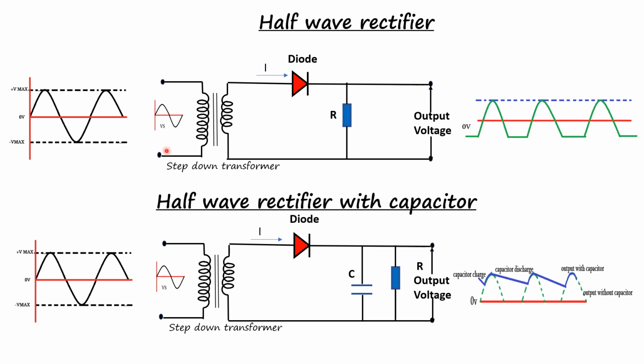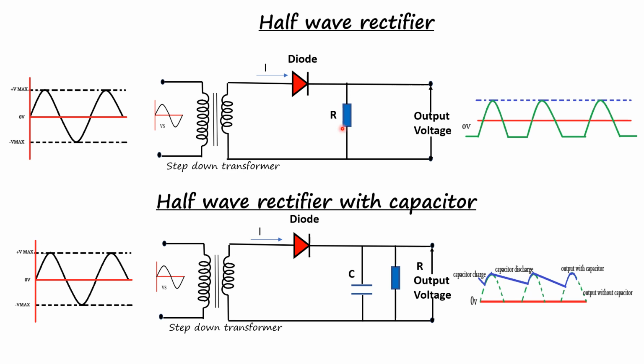If we look at the operation, when we give a high AC voltage to the primary side of the step-down transformer, a secondary low voltage is delivered to the diode. Now the diode is forward biased during the positive half cycle of the AC input. When the diode is forward biased, it acts as a closed switch and it delivers a current to the resistive